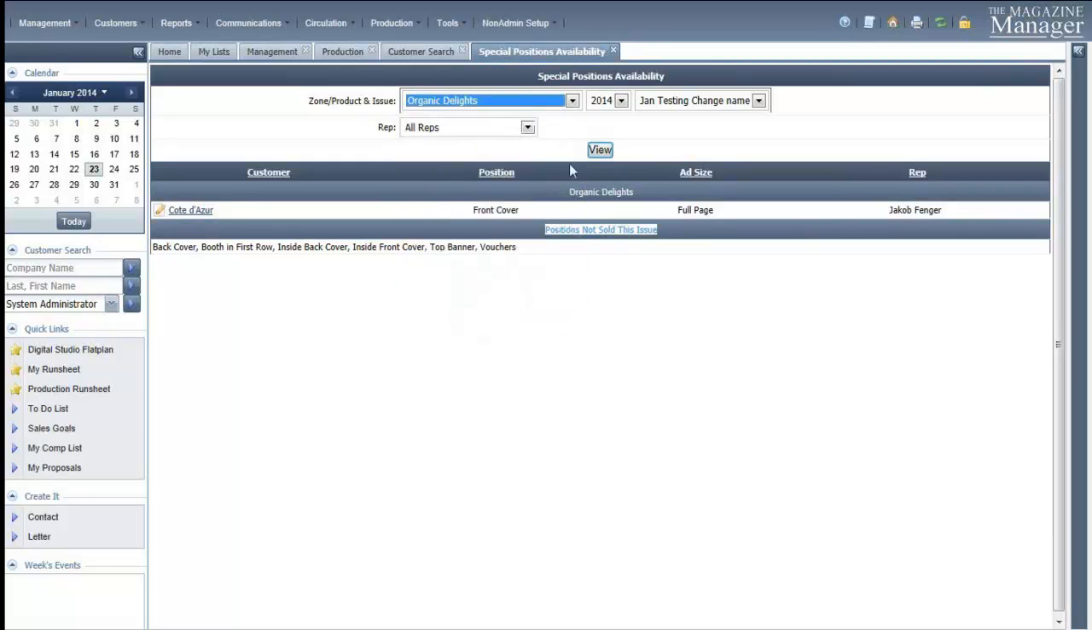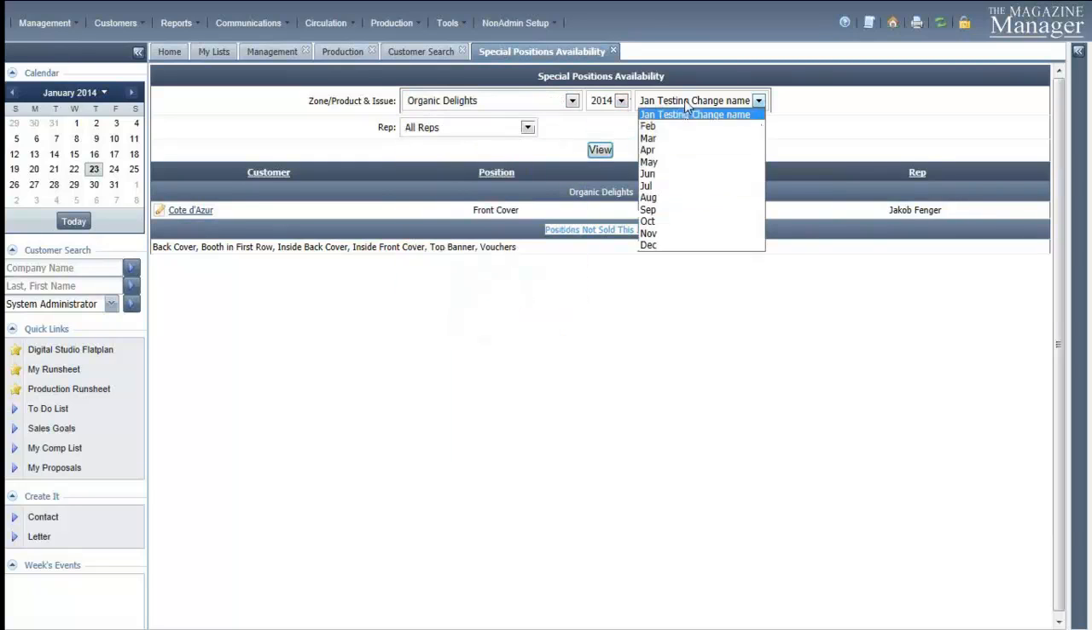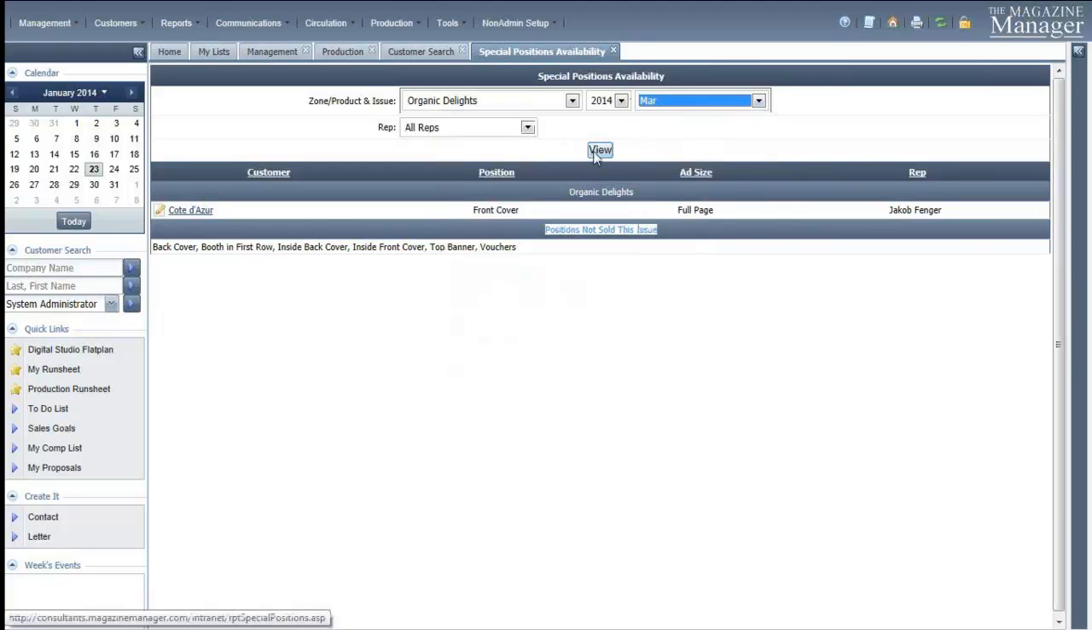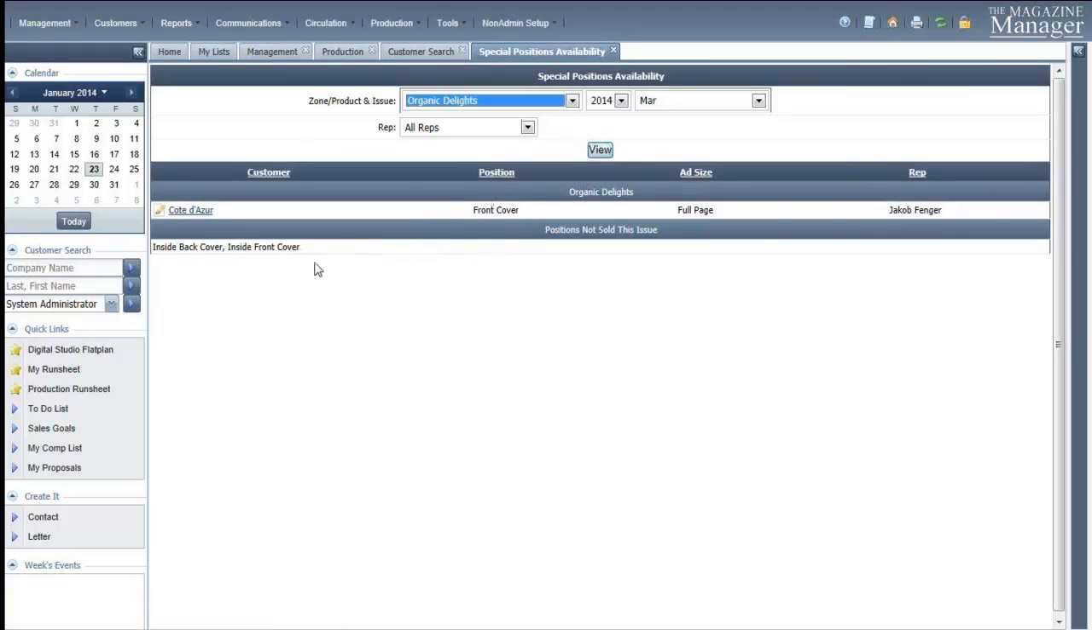I'm looking for Organic Delights for my March issue. We're really focusing on that for our sales blitz right now. So we'll look for all reps. Let's take a view here and see the inside back cover and inside front cover are still available